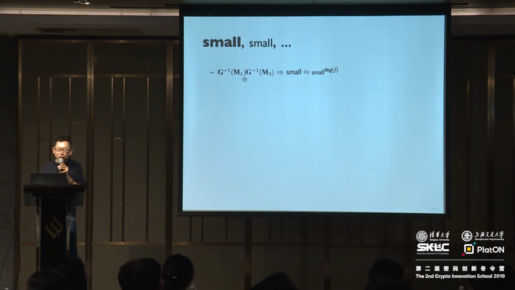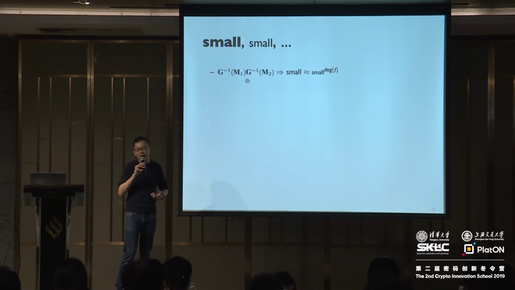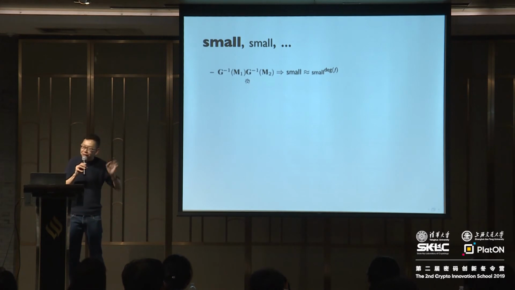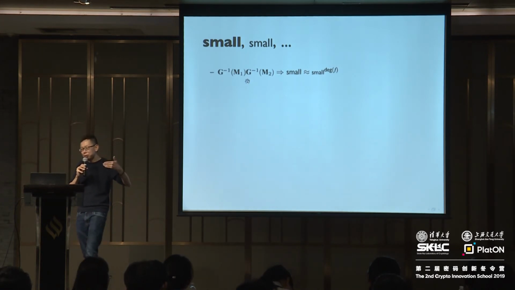Now, the problem in general is that if I have two 0, 1 matrices and I multiply them together, you don't get a 0, 1 matrix. You get matrices where the entries are somewhat bigger. It's bigger by basically a factor that is the dimension of the matrices. So if the matrices have small dimension, it's still small, but it's not that small. So you go from 0, 1 entries to something quite a bit bigger.